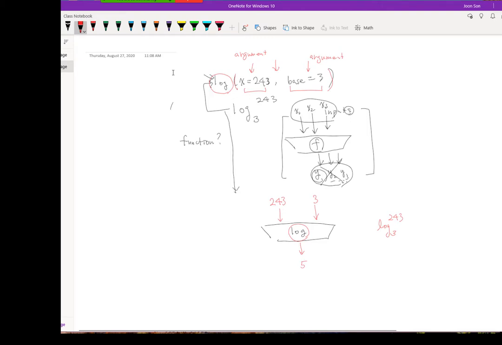Now, in R, you can simply say log(243, 3) and you'll get the same result. However, this author, and this is common in R, which is a programming style, puts variable names on the arguments.